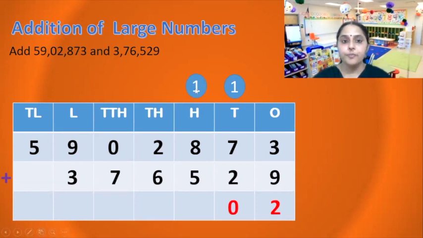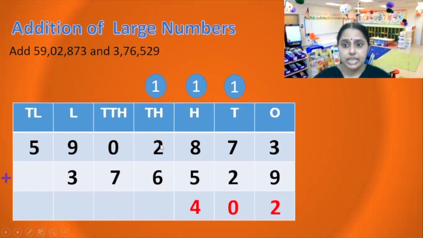Okay, now 1 plus 8 is 9 and 9 plus 5 is 10, 11, 12, 13, 14. So it is 14. So what comes in the ones place? 4. And what should be carried forward? The digit in the tens place. So 14. So we are carry forwarding 1 and ones place was 4. So we will be writing here in the hundreds place. Is that clear? Now I think you should be able to do.